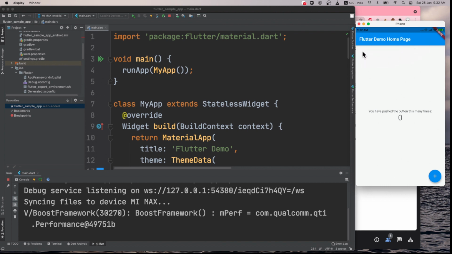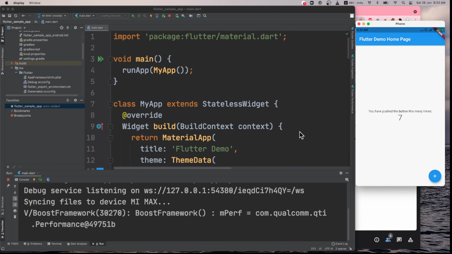Okay, and you have this full application space, and at the bottom you see this plus button. It is called the FAB, floating action button. I think this was introduced with material design. Basically, it's a floating action button, and you see it's floating, so you can place it anywhere, and once you click on this, it changes this number. This is the basic application that Flutter will give you.